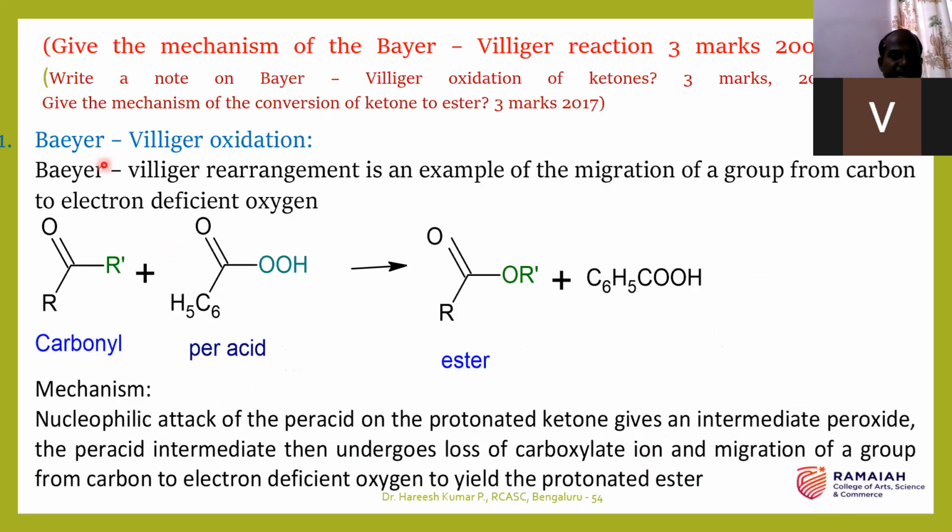Then Baeyer-Villiger oxidation. So these are the questions asked in 2008 and 2012, 2018 also, 2016 also, and of course 2017 also. So overall here what is happening? There will be a conversion of ketone into an ester in presence of per acid. You can observe that this is called carboxylic acid. If we are adding one more